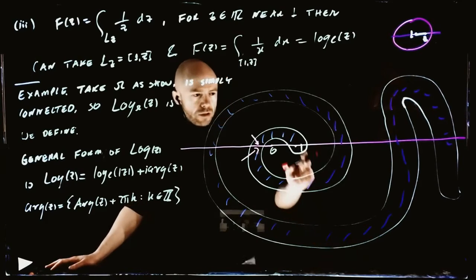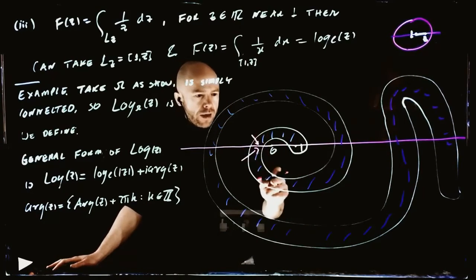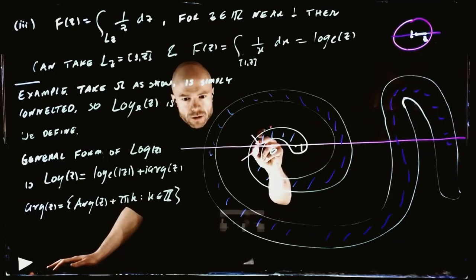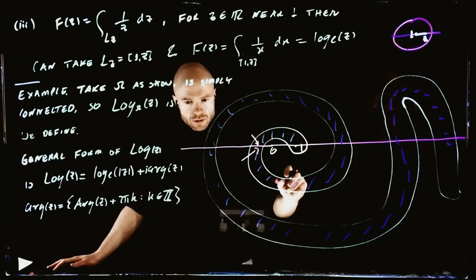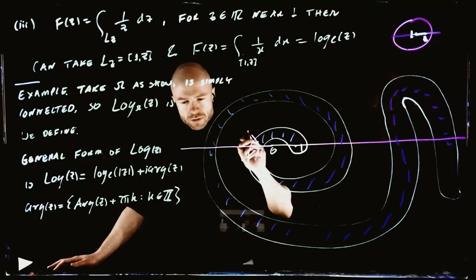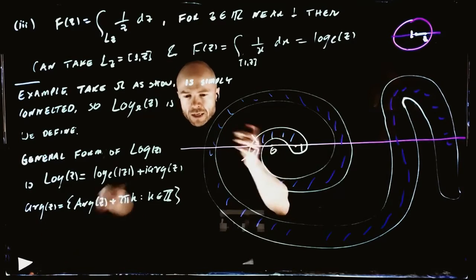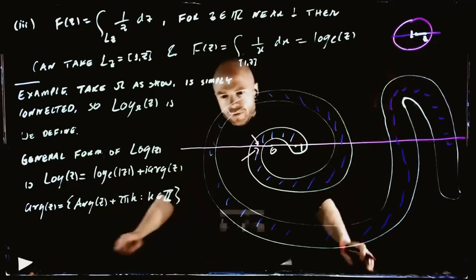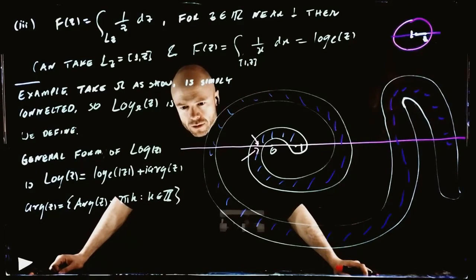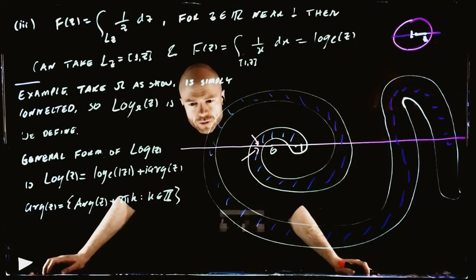If we had 3 pi, what would we do? This is pi. If we had another 2 pi, then we'd go all the way around again to the other side. But we are just a little bit below the real numbers, so if we had 3 pi, we'd actually just be on the real numbers itself. Pi plus something. What something? You don't have to tell me exactly what the something is, just tell me about the something. Yeah, pi plus a little something.